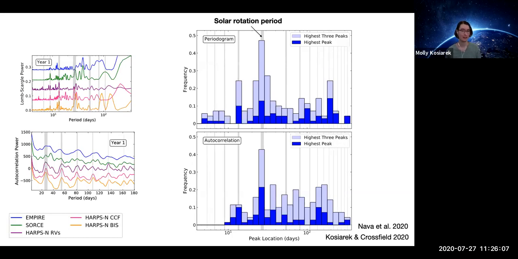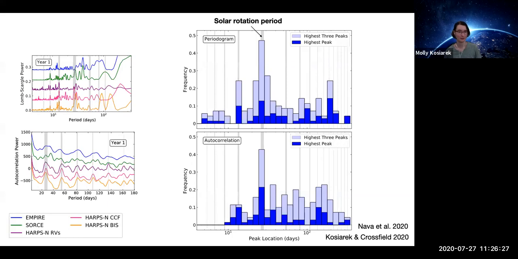For the whole data set, the most common outcome was at the solar rotation period. You can see it's a pretty clear peak there. However, there's a really large spread. So the periodogram highest peak matched the solar rotation period 14% of the time, and the autocorrelation highest peak matched